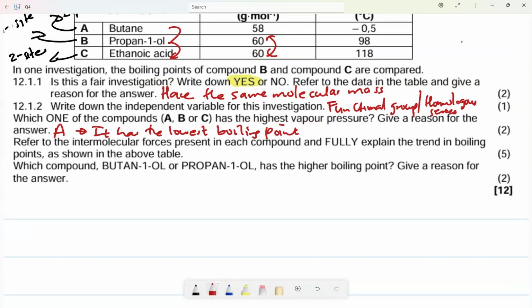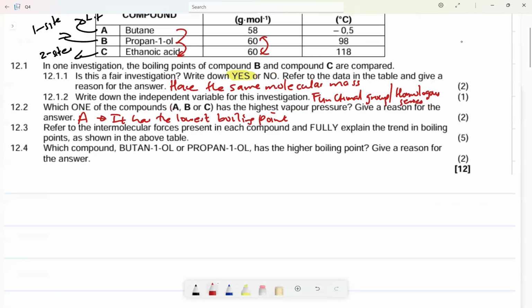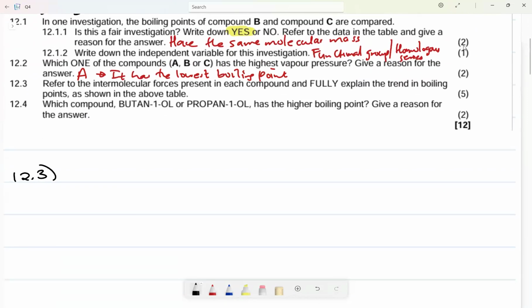Okay. Then 12.3 says, refer to the intermolecular forces present in each and fully explain the trend in the boiling points as shown. Very, very interesting question that I like. You will say 12.3 for 5 marks. For 5 marks, you first identify the intermolecular forces, 3 marks. Okay. First thing first, you can say compound A